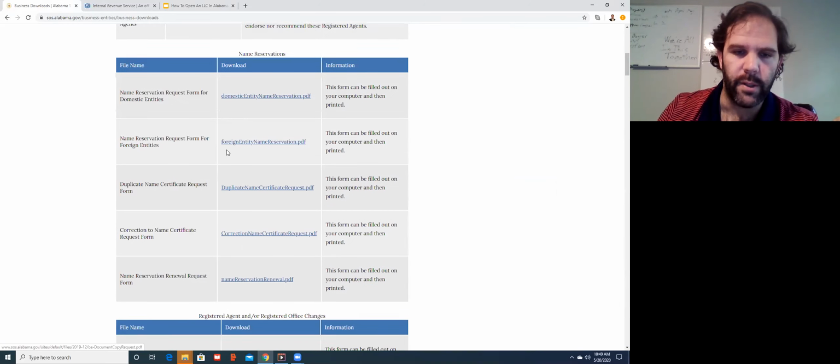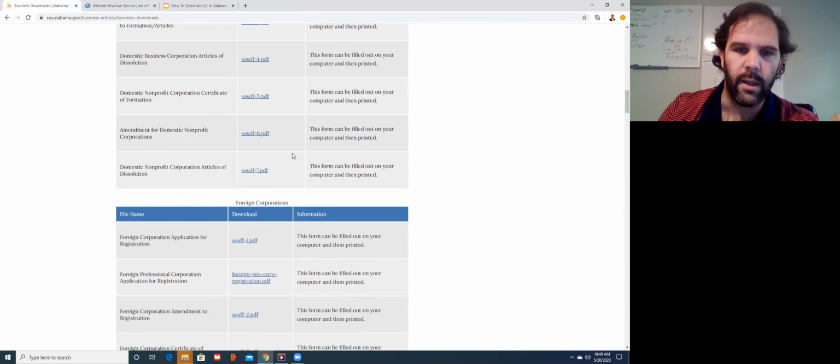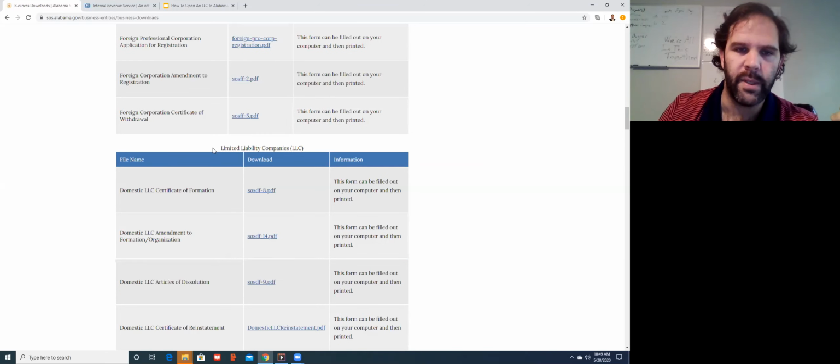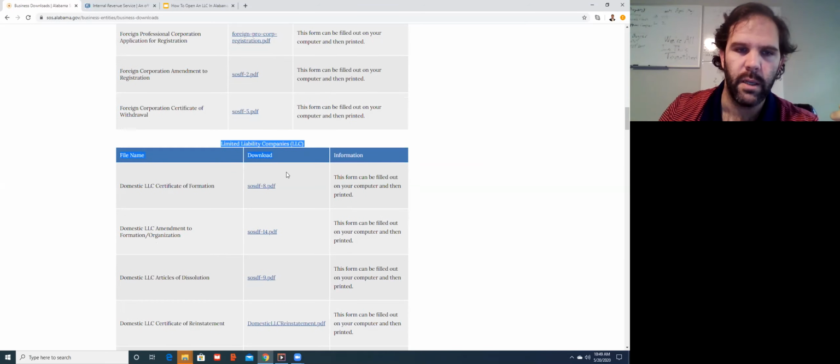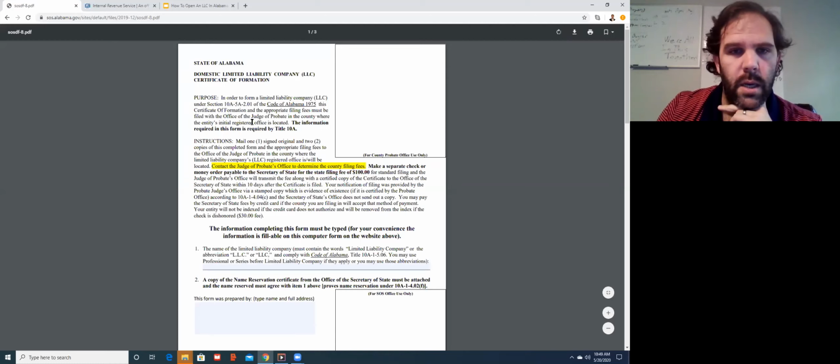Then you just scroll down to the heading. I think it's not this heading, domestic corporations. You're doing an LLC, so you want limited liability companies. And then there it is, domestic LLC certificate of formation. And here's the form, kind of scary looking, but